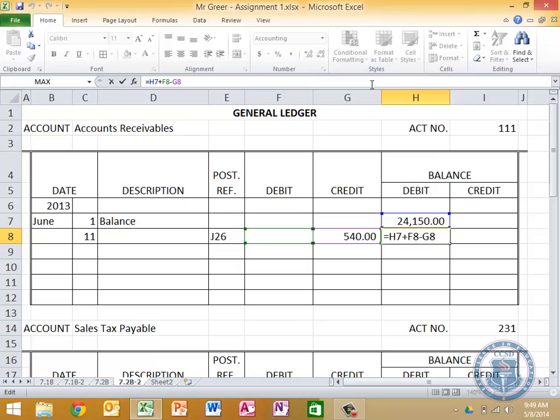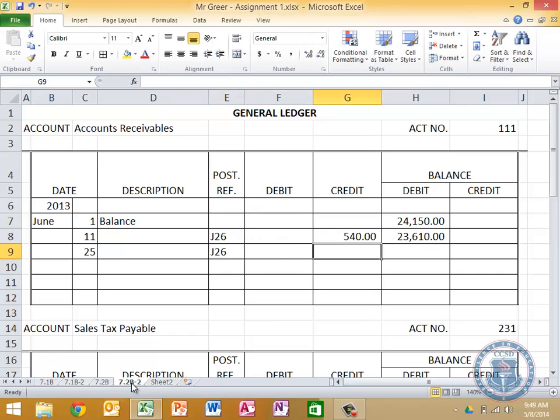So all we have to do is write a formula that says this cell is going to equal whatever was above it, the balance, like a running total on your checkbook, plus a debit minus a credit. Because one of those is always going to be a 0. So it doesn't matter if we do it or not. We just have to have the formula written. And I will show you on our next one. So our next one's going to be, what day was the next one? 25th. On the 25th,